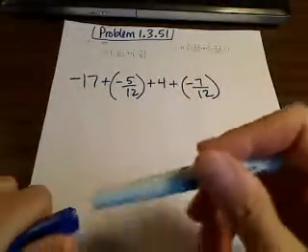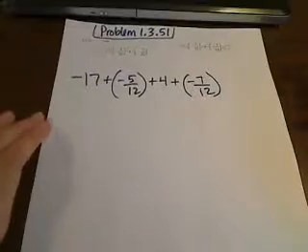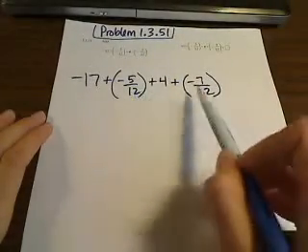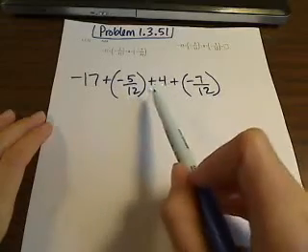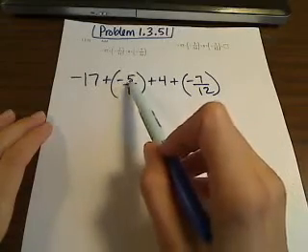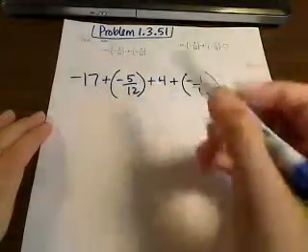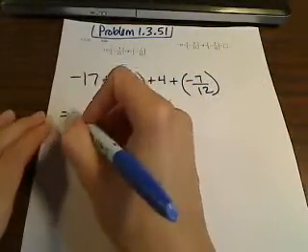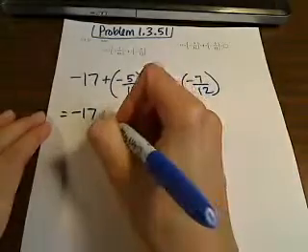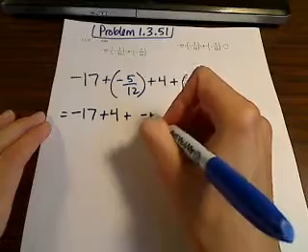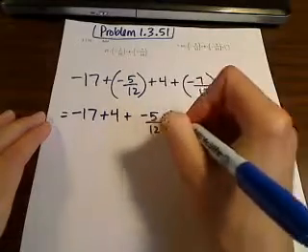Okay, well, the first thing I would do in this problem is I would actually work with the fractions first. And they already have a common denominator, the same denominator of 12. So once you have a common denominator, you can bring your numerators together and add them. So let's rearrange this. This is actually negative 17. I'm going to move the positive 4 up front, and then I'm looking at a negative 5 over 12 plus